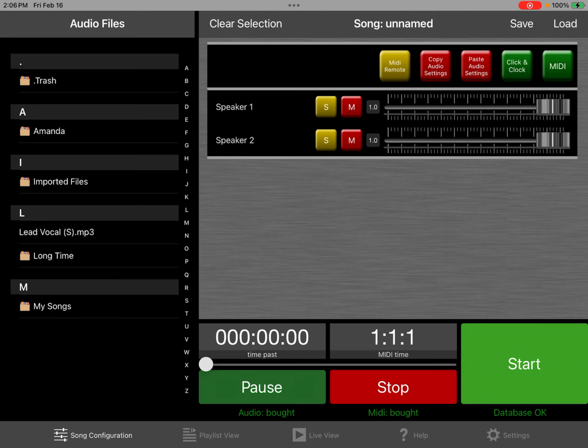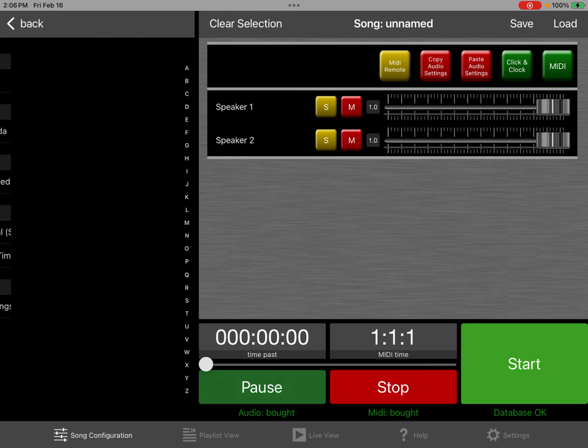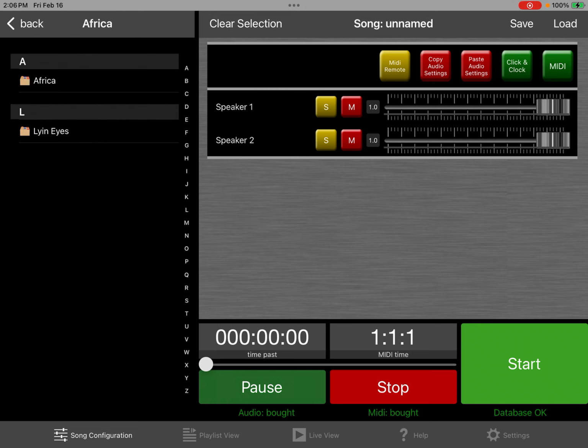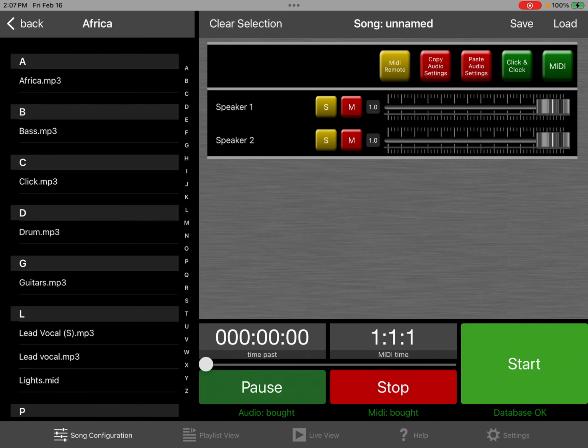So let's say we want to bring in Africa. So what I would do is, I know I put it in the My Songs directory, so I'm going to touch on My Songs on the left hand side, about 3/4 the way down. My Songs. Oh, there's Africa. Okay, it's in Multitracker right now. And there's your stems. And you can see over in the middle of the screen, it doesn't have any stems in there at all. So I'm going to touch Africa, the first one,